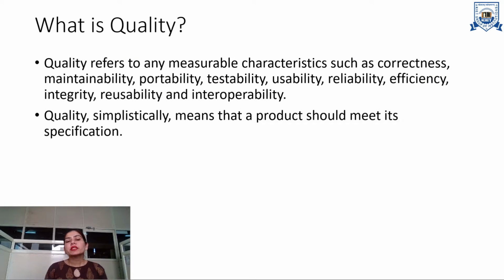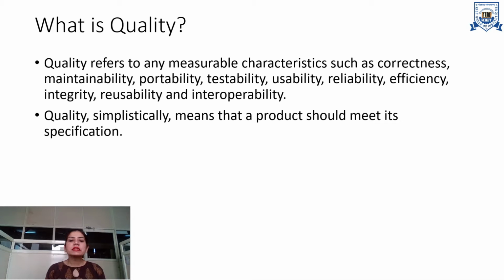So, before releasing a software product, we must ensure its quality. And what do we mean by quality? Quality is basically a measure of its correctness, how efficient the software is. And in order to maintain the quality of a software product, we must ensure its maintainability, its portability, its usability, how reliable the software is, how efficient it is, and its interoperability. So these are the different measures through which we can judge or check the quality of the software